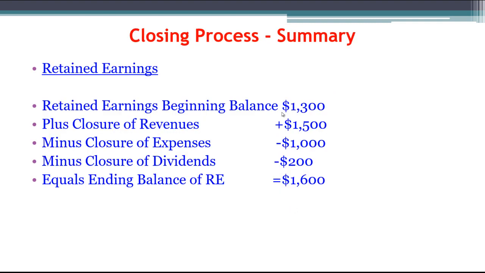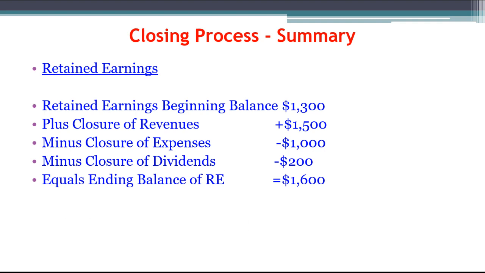Now again, what we essentially have done is we took whatever our beginning balance of retained earnings was from the trial balance, we added $1,500 into it, crediting retained earnings increases it. We subtracted $1,000 to close it out for the expenses. We subtracted $200 more for dividends, and we get an ending balance of retained earnings of $1,600. Now that is actually what's going to go onto the balance sheet at that point, and of course it'll be in the